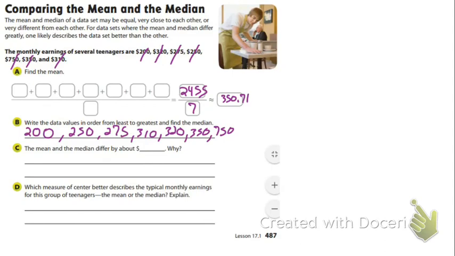Once you add all the values up, you should end up getting 2,455. You divide it by the number of values, which is 7. And you should get approximately, see that little squiggly line? That means approximately, which is not exactly equal to, but very close to it. You should have had 350.71428,